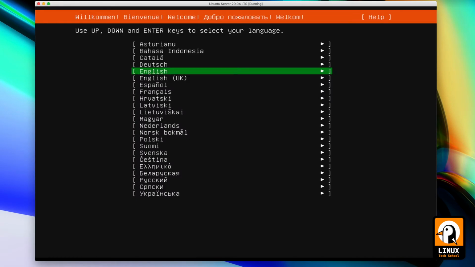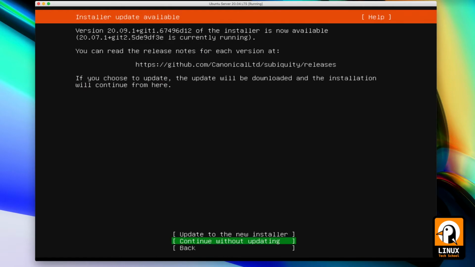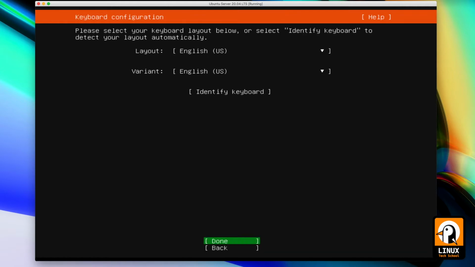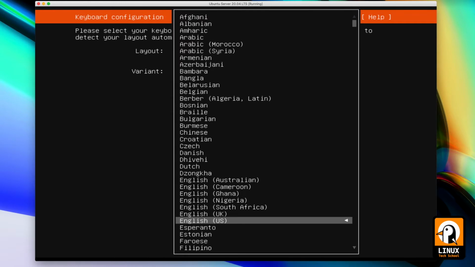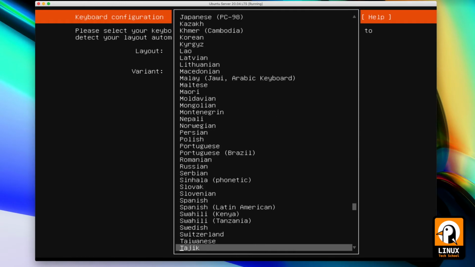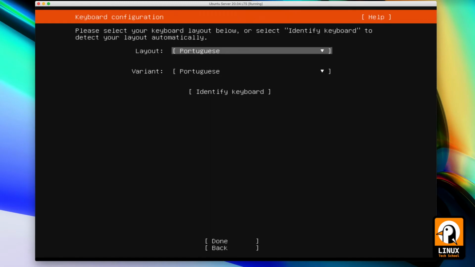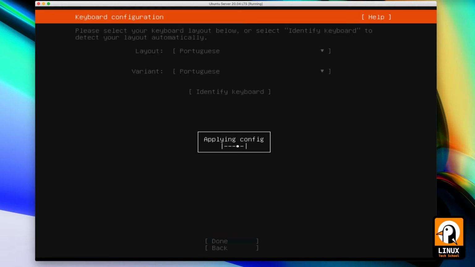Okay, confirm that the language is English in this menu, and you can press Enter again. If there was an update available, you could update, but I don't think it is necessary, so I'll proceed without installing it. In this menu, pay attention to your keyboard layout, as you need to choose the correct one in order to have access to all the special keys during your usage. In my case, I'll be choosing Portuguese, and using the tab key, go down to Done and press